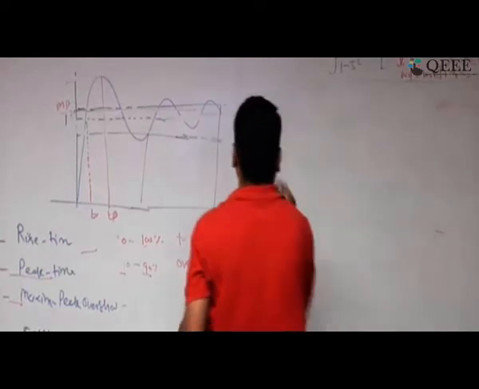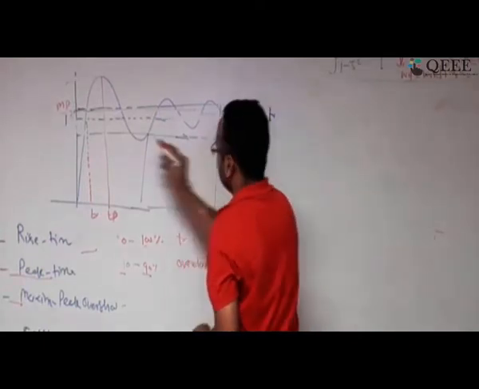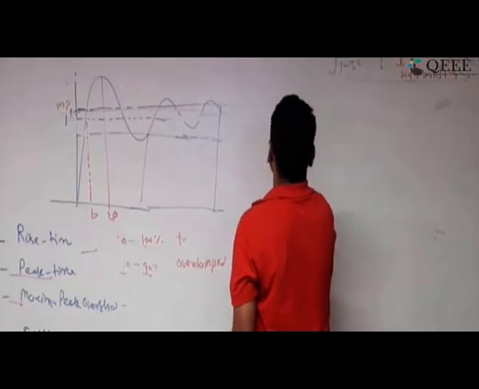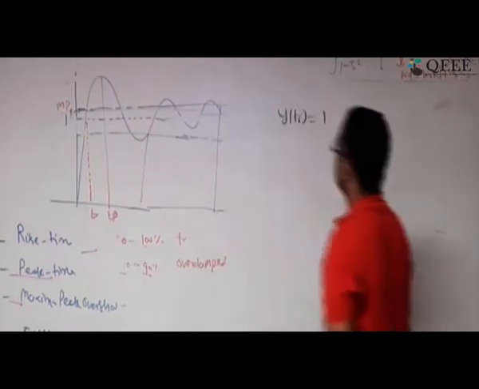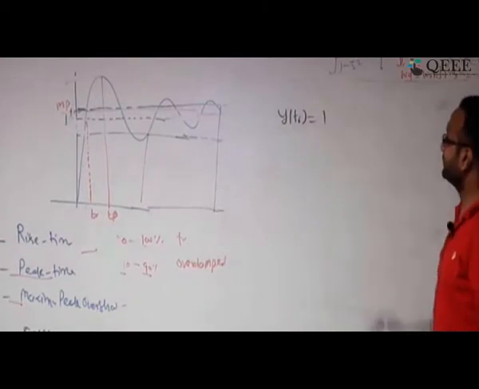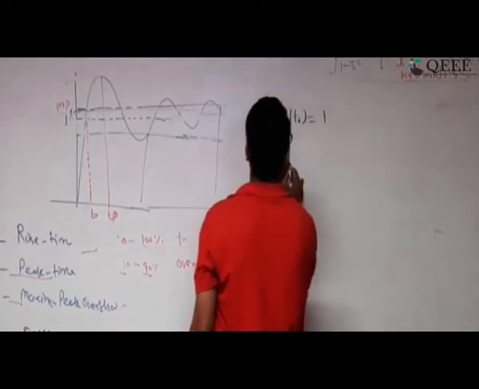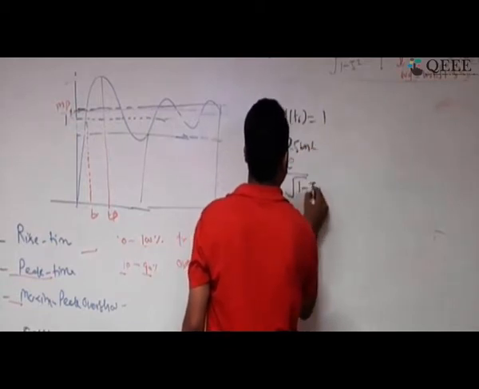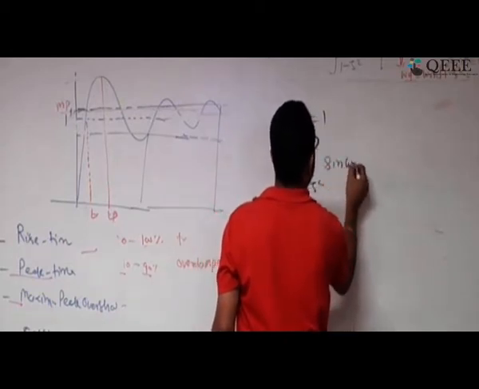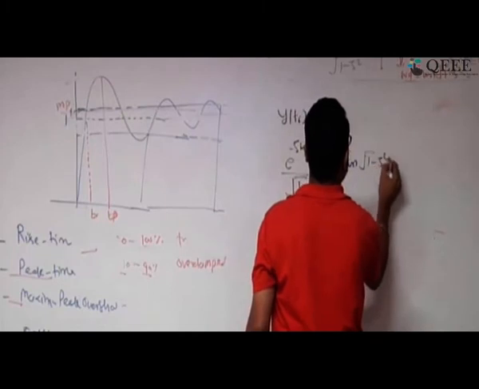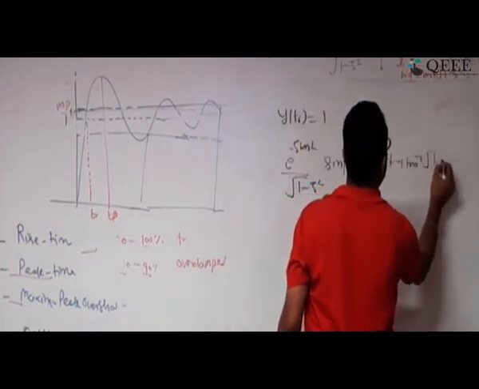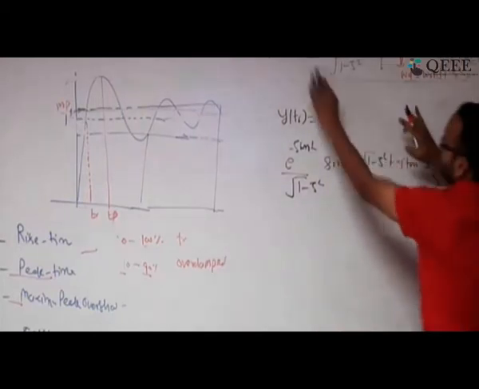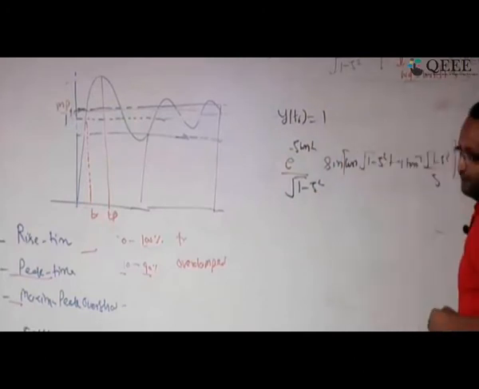Okay, so rise time. Rise time is the time you require to reach this value 1. What does that mean? This y(t_r) is going to be 1, because this is the response. Now you solve it. This will lead to e to the power of minus zeta omega n t, 1 minus, 1 over root of 1 minus zeta square, sine of omega n root of 1 minus zeta square t plus tan inverse root of 1 minus zeta square by zeta, theta. Okay, this will lead to a 0, just because this 1 will get cancelled out, this term will lead to a 0. And if you solve it,